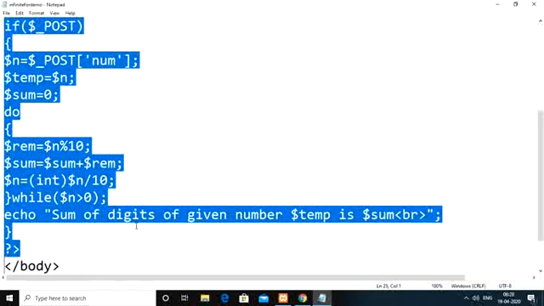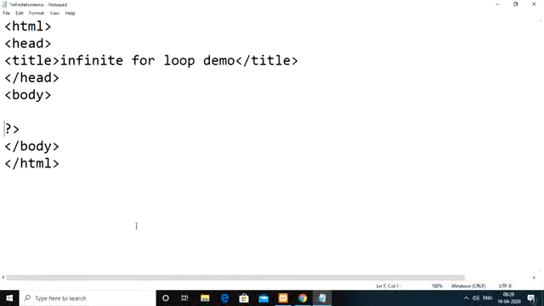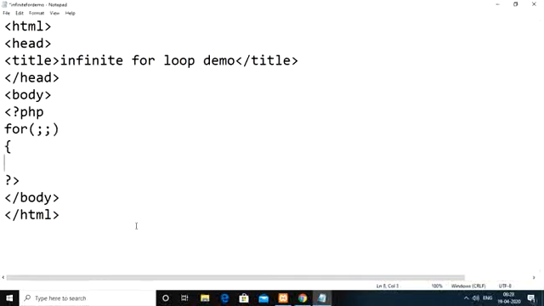Simply we can write one PHP opening tag, then take one infinite for loop. We simply keep two semicolons. The meaning of this statement is that the iteration part is missing, the condition checking part is missing, and the initialization part is also missing.